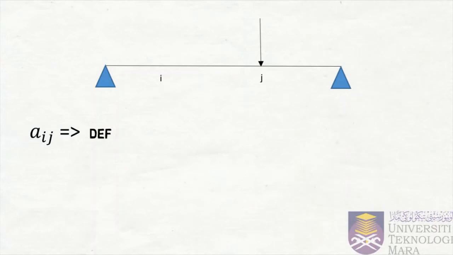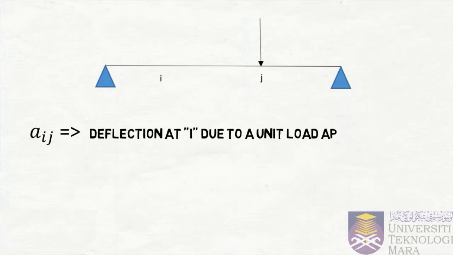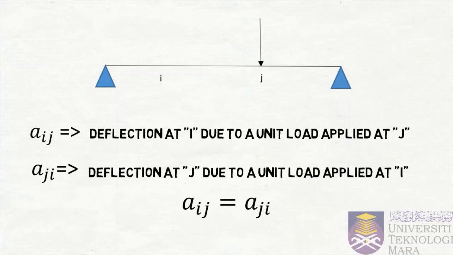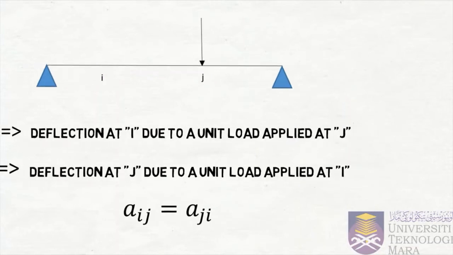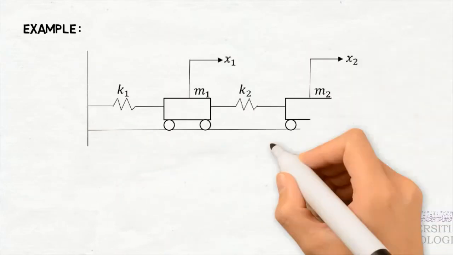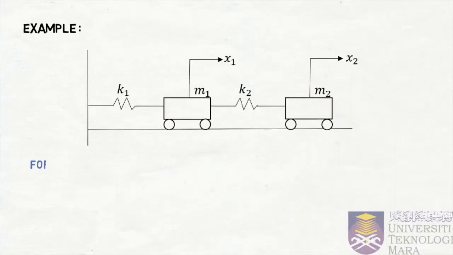Aij is a deflection at i due to a unit load applied at j, while Aji is a deflection at j due to a unit load applied at i. Aij is equal to Aji. For the example, the A formula can be written as